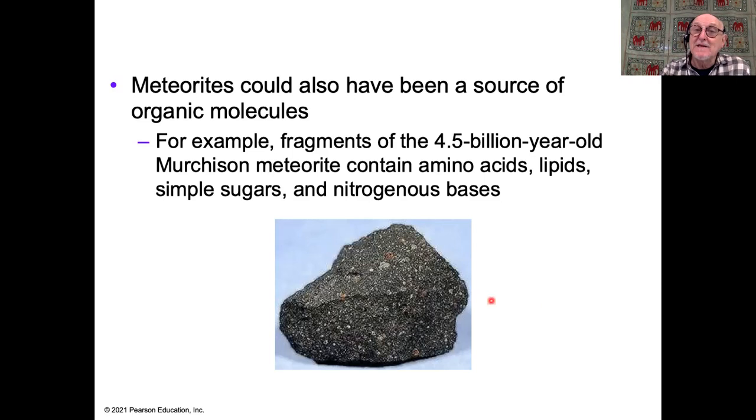And we find these here, for example, in a very famous meteorite called the Murchison meteorite from Australia. When they examined it, they found all of these things present in the rock of the meteorite. And similar things have been found in other rocky meteorites as well. So this could also have been a source of those organic molecules, quite apart from the physicochemical processes, lightning or whatever, in the early Earth.